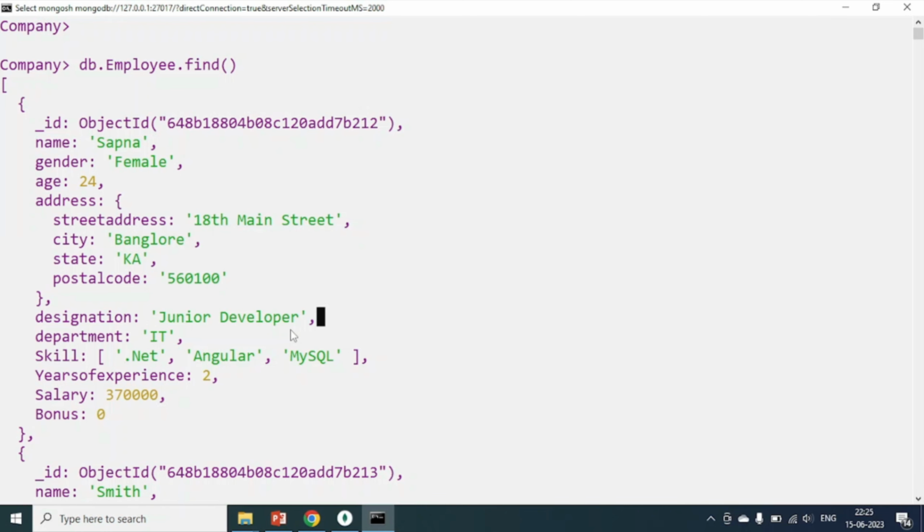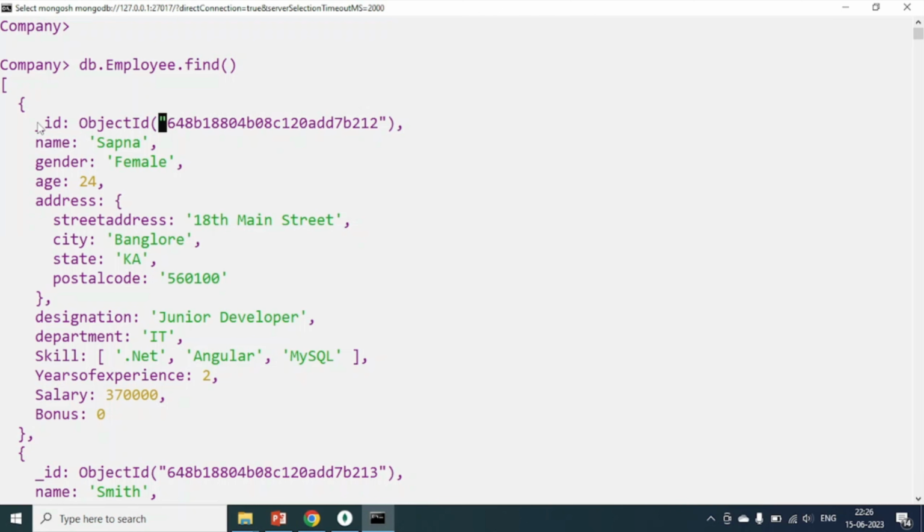So for that case, we will use update operation in MongoDB by using these three types of method, which is update one, update many, or update method. In this example, I want to change only one record, so I can go for update one method, that is preferable, and also we can use update method because update method is capable to update one record or multiple records. Right now I will go for update one method.